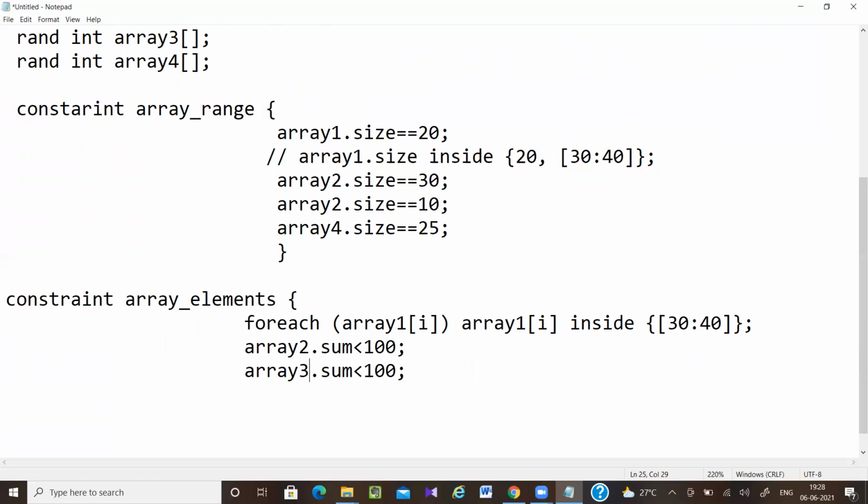Now here array 3 dot sum greater than 100.